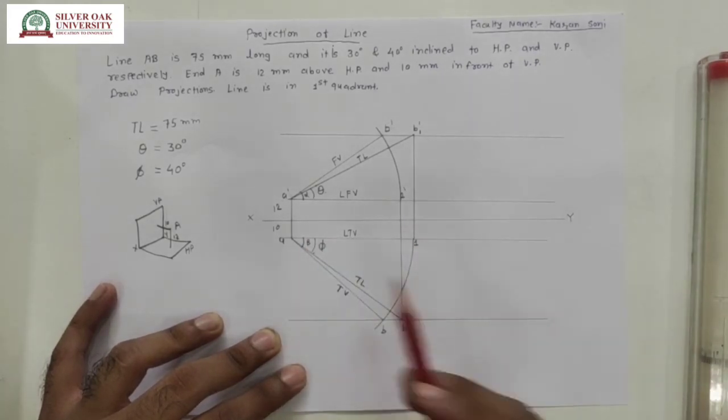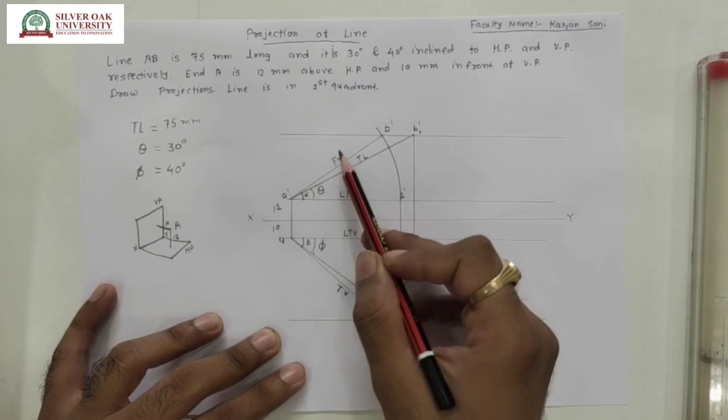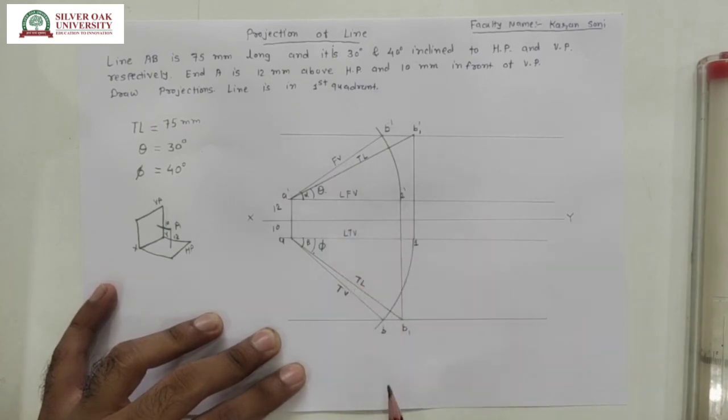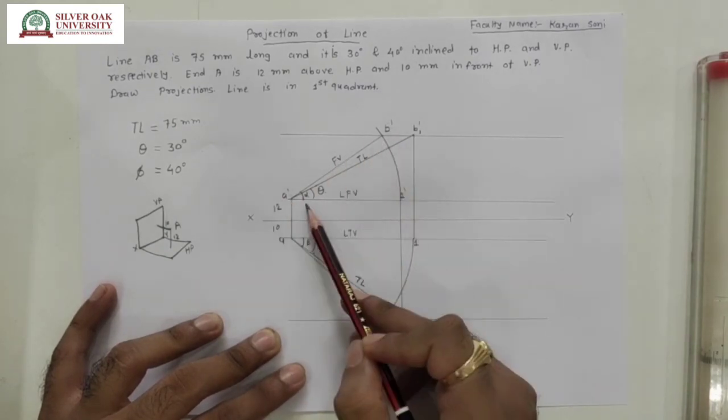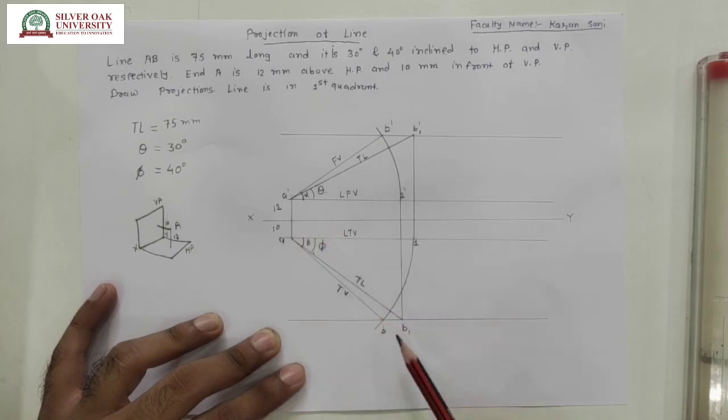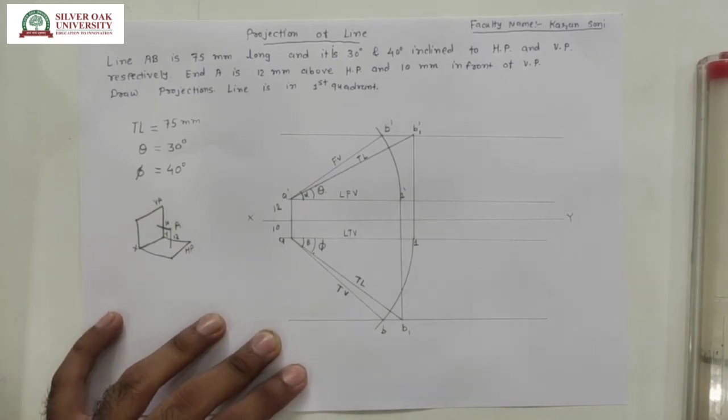So what is our main aim? To draw the projection. So here our answer, that is the front view and the top view of the line. So front view is A dash and B dash with the angle alpha, and the top view, that is the AB line with the angle beta. So this is how we can solve this example. So this type of examples may be there in the projection of the line.